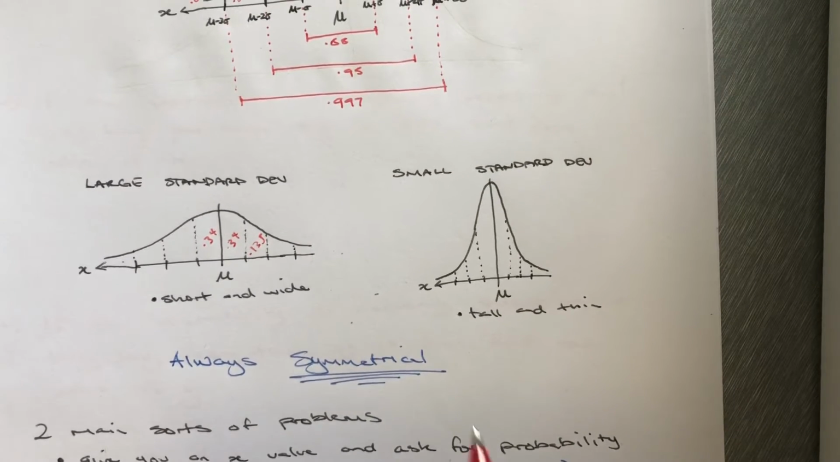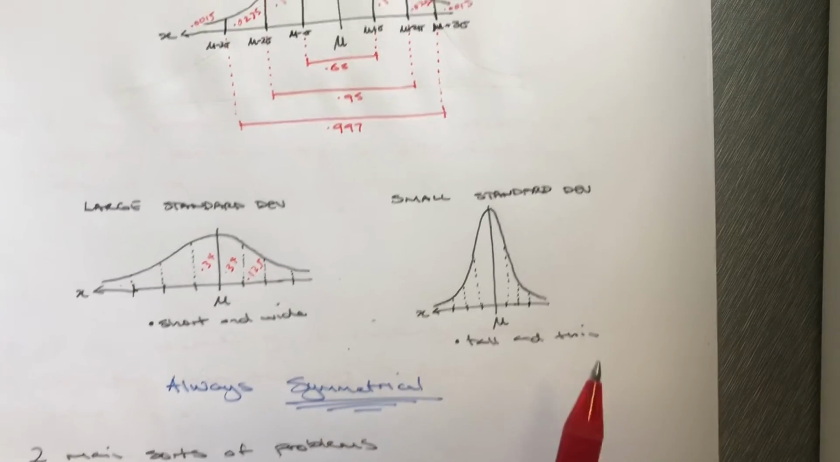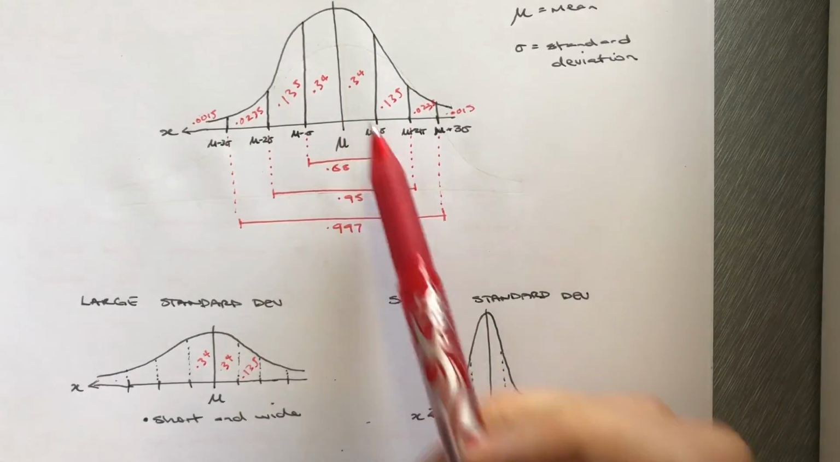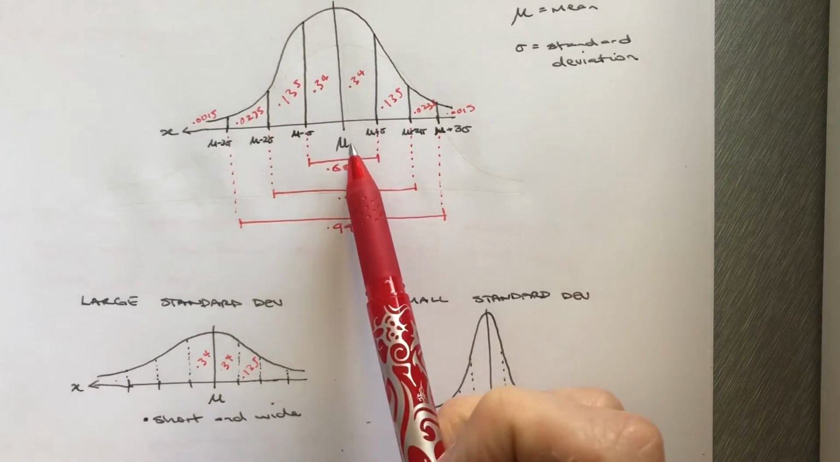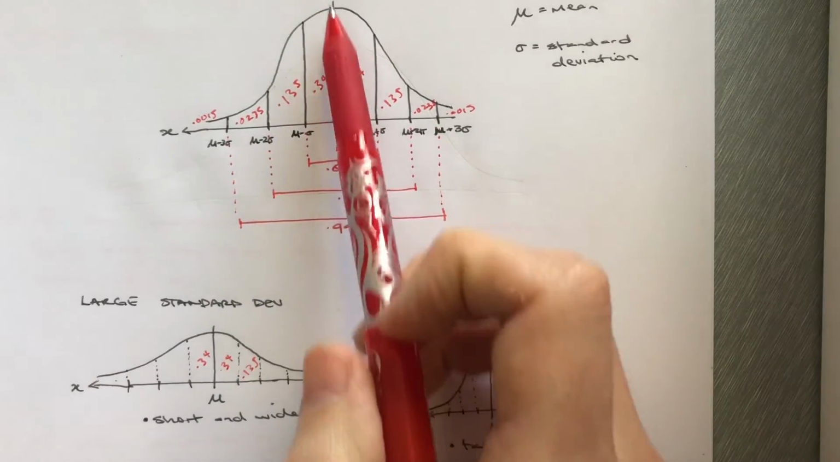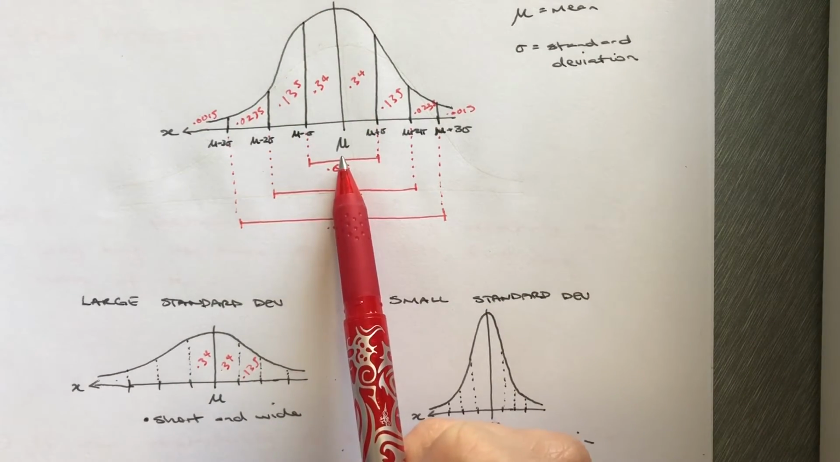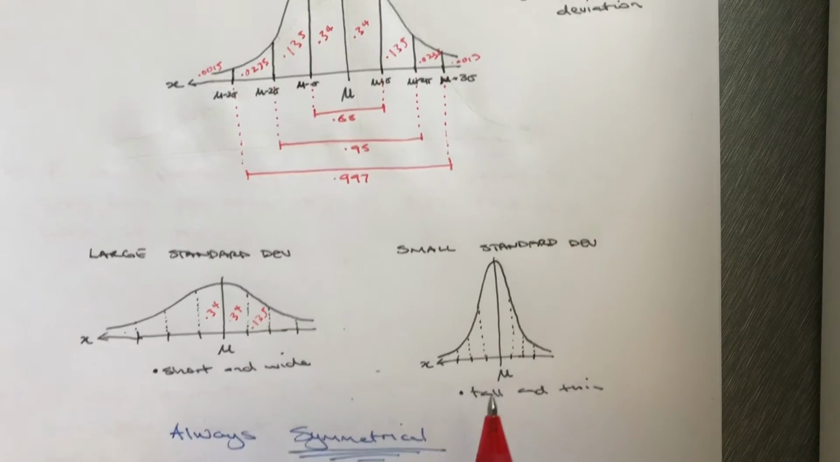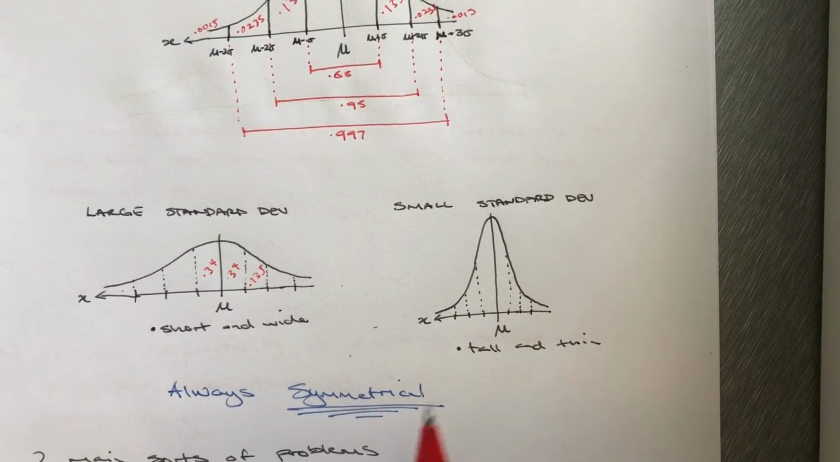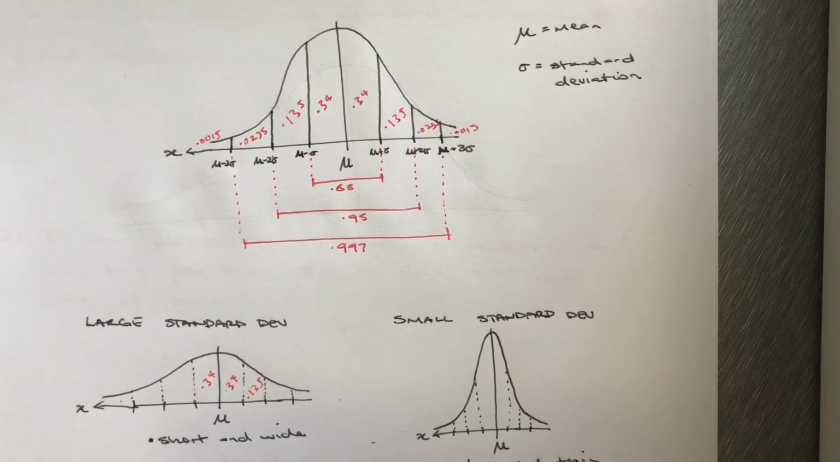Now I've written down here: always symmetrical. Hopefully we can see that. It's pretty much a mirror image of each other if you draw that line up from the mean. Okay, now we need to use that for a lot of questions. Now, if it's symmetrical,